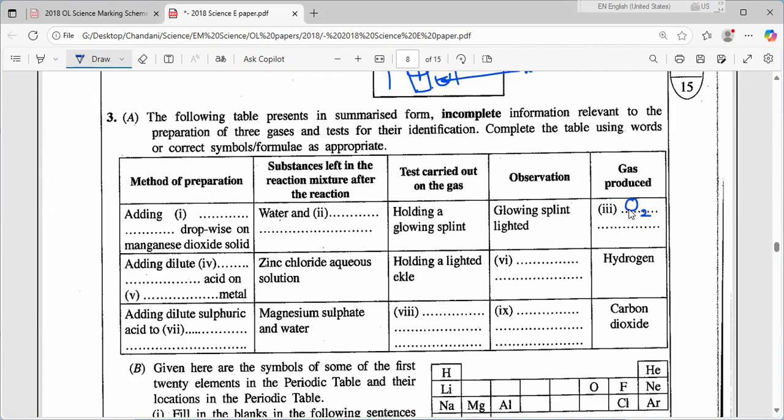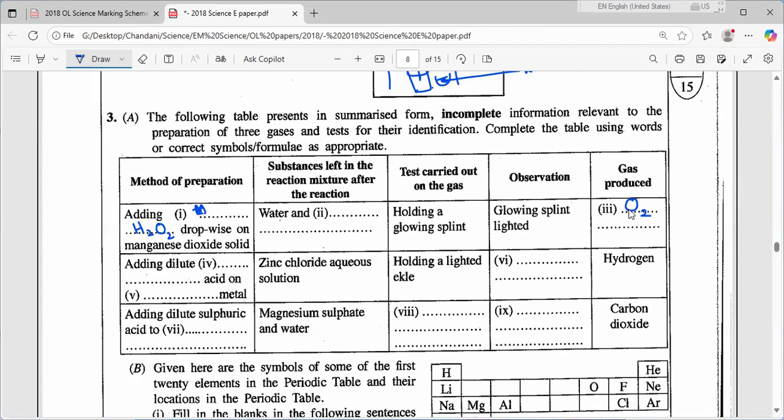When we get this one, adding a blank dropwise onto manganese dioxide solid. The manganese dioxide and it is getting hydrogen peroxide, H2O2, added dropwise onto the manganese dioxide solid. And it is forming the water and